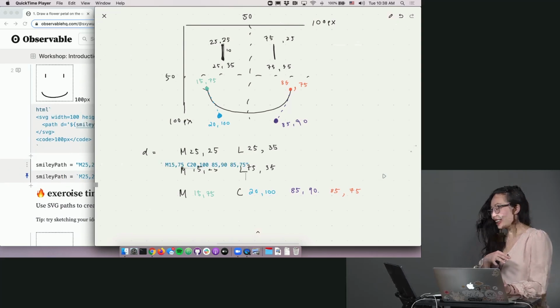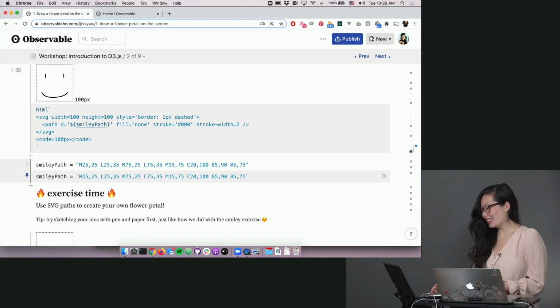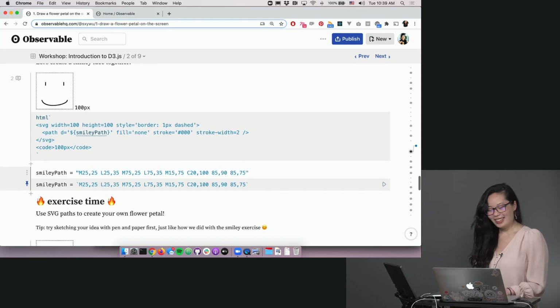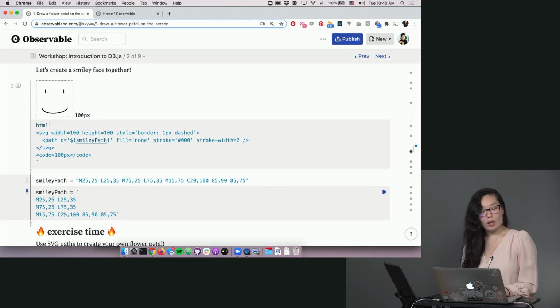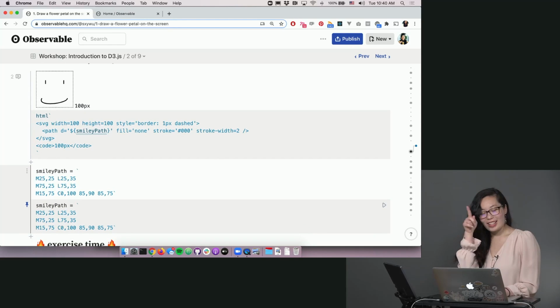Ooh, look at that! That's our asymmetric smiley face. I think you look pleased, but some of you are in shadow, so I can't quite tell. But yeah, there it is. These are our three lines, and depending on how we play around with the numbers, like if we do that, we get a little slanted smiley face because we pulled the anchor point all the way to the 0. So we basically place the anchor point at this corner. If we do the same thing to the